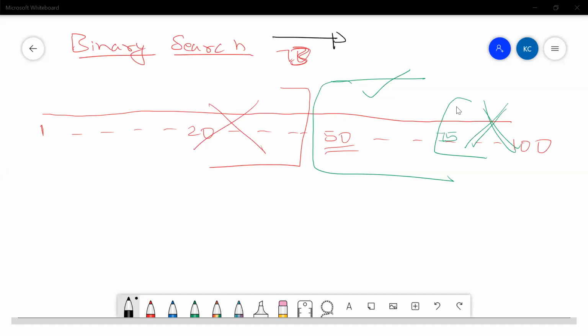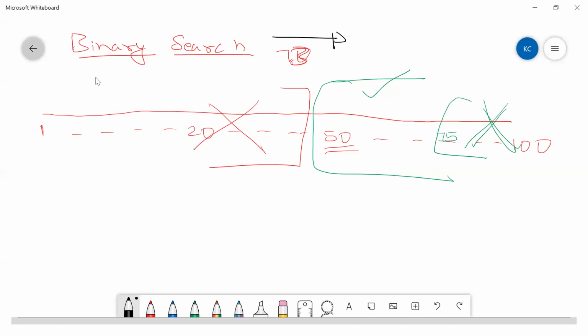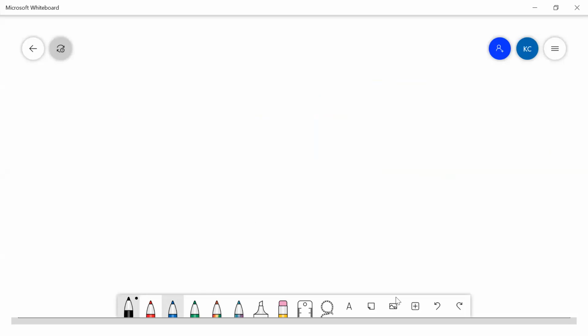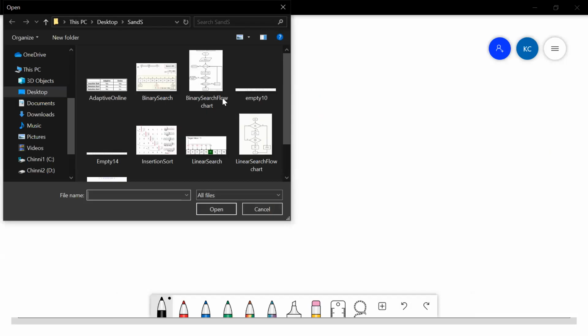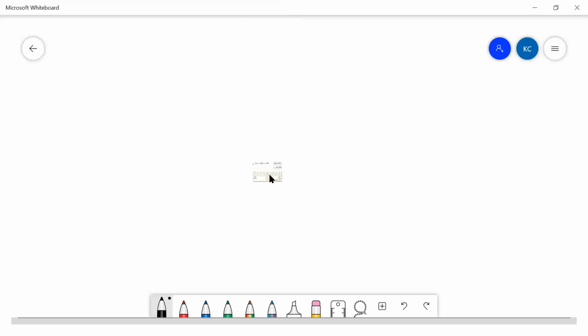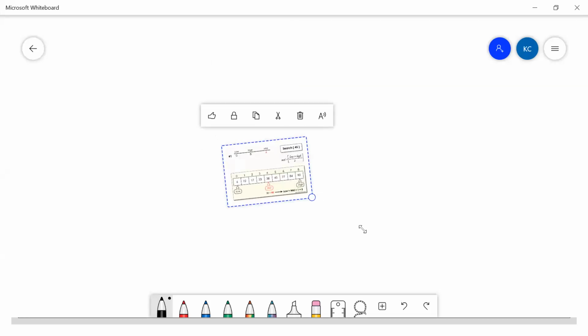So for every step of my comparison, I'm trying to reduce the half. This is something which we can do. Generally we do it in our day-to-day life as well. Now let me try to make it more explanatory by showing you what a binary search is. It is something like this, guys. A simple diagram that I'm taking over here.